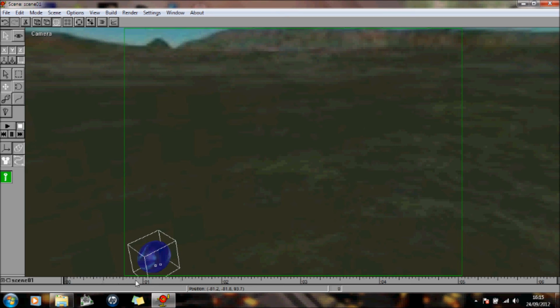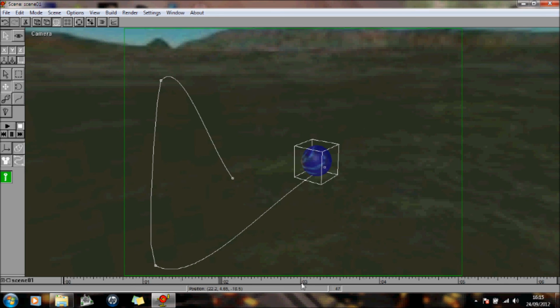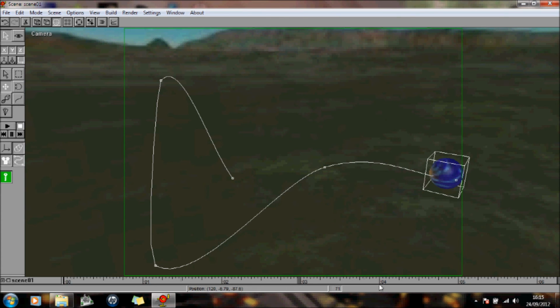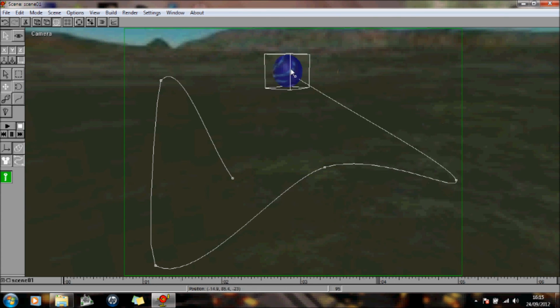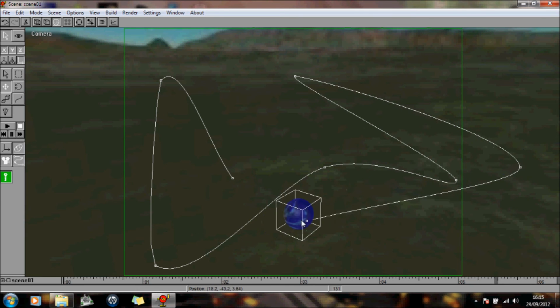Now after 1 second, I'm going to move up to there, so I'll set that frame to 1 second. And let's get a little bit confused here, never mind. So after 2 seconds, I'll set that to there, set that to 3, set that to 4, set that to 5, set that to 5.5,